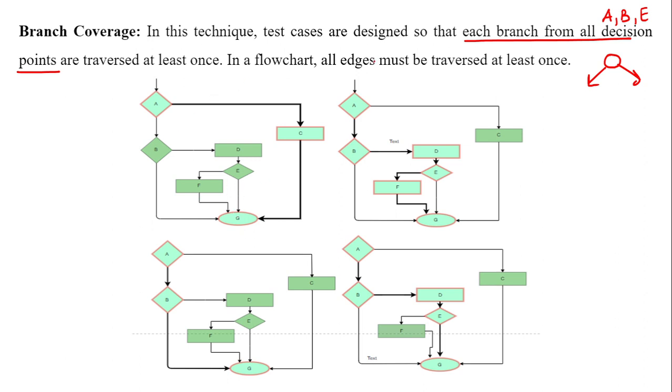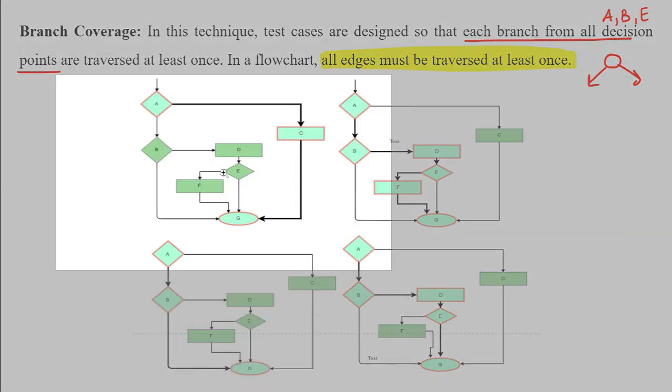Now what they are saying in flow chart for if you want to talk about branch coverage, all edges must be traversed at least once. Branch coverage में हमारा focus होता है to traverse all the edges. I hope this point is clear. Statement coverage में your focus is to traverse all the nodes. Branch coverage में your focus is to traverse all the edges. Now we'll zoom in one by one and we'll see.